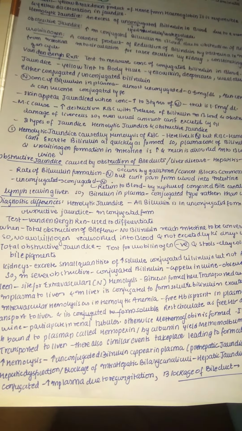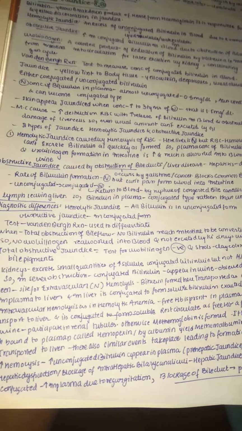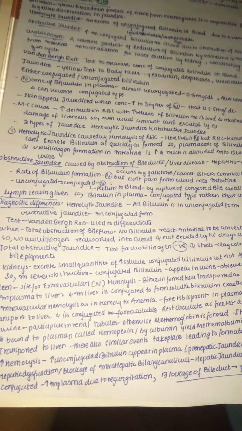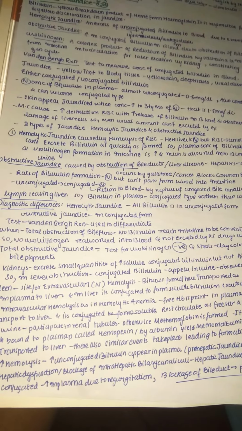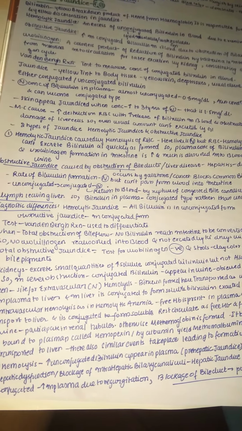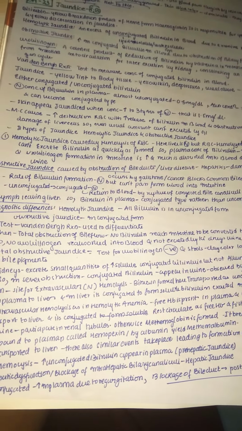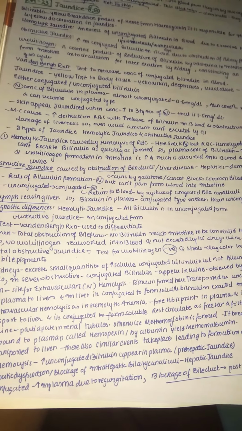So now, as the bile is completely in our blood, it is not able to excrete out. So the stool may become clay colored, and also the test for urobilinogen will be negative here, because urobilinogen we need for conversion of this unconjugated into conjugated type. So here already there is a lot of conjugated bilirubin in the case of obstructive jaundice.